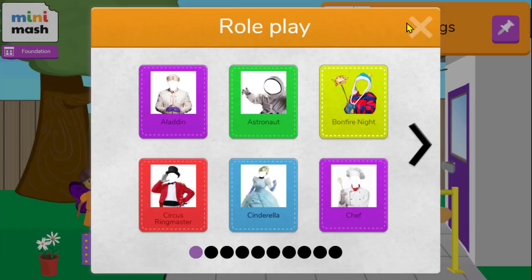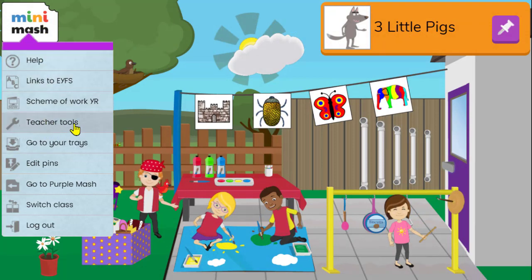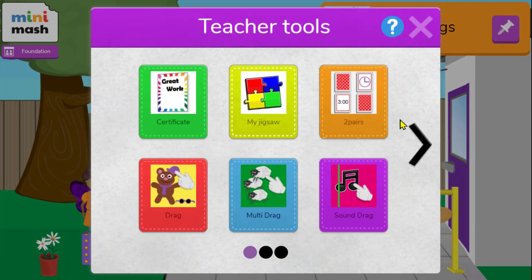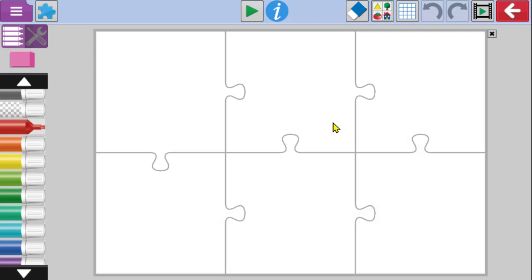Also, you'll notice that within Minimash, if you click on the logo and go down to where it says Teacher Tools, you have access to a whole range of blank templates of all the different Minimash activities. So, for example, you can create your own jigsaws. If I open this up, let's say I want to create one with the theme of the three little pigs,